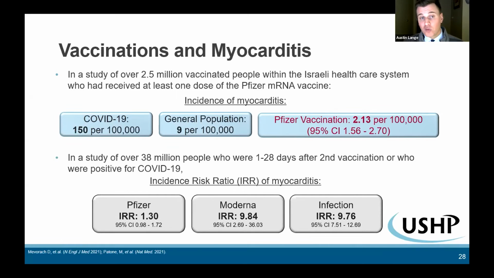And in a study of over 38 million people who were 1 to 28 days after their second vaccination or who were COVID-19 positive, they looked at incident risk ratios, which means that they looked at the incidence of myocarditis before COVID and looked at it after COVID infection or after vaccination, the risk associated with it. So for Pfizer, it was 1.30, not statistically significant, whereas for the Moderna vaccine, it was 9.84, statistically significant, and compared to infection was 9.76,